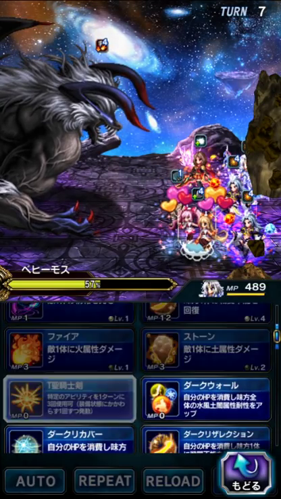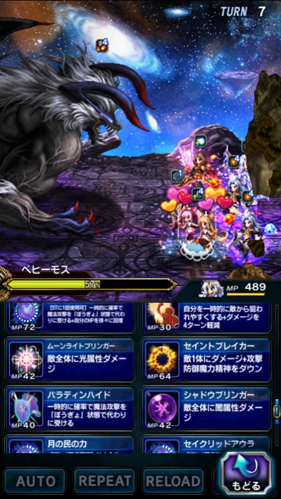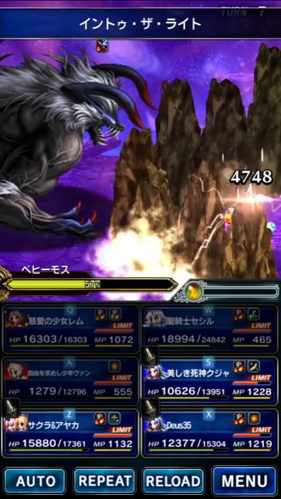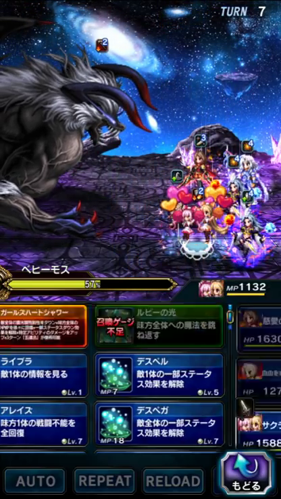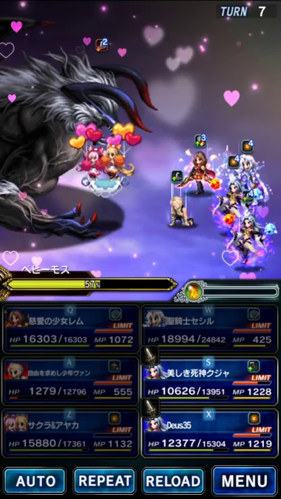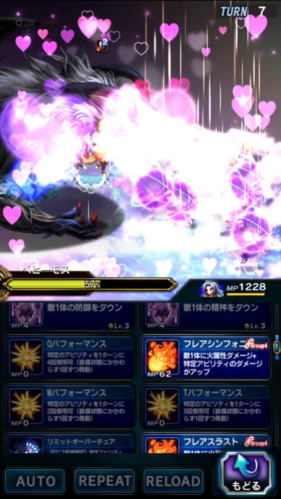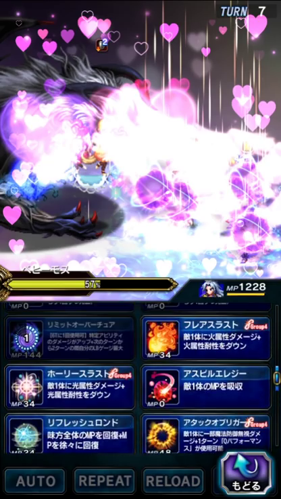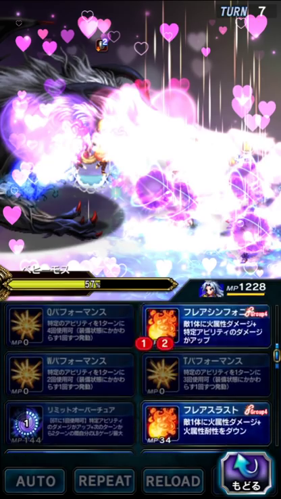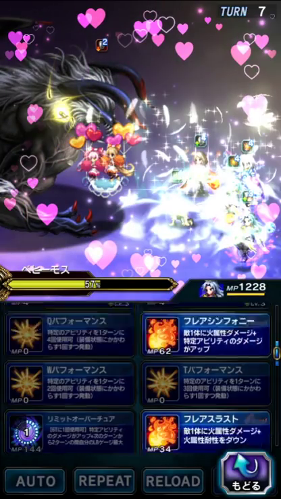Alright, Cecil is going to re-raise himself, change stance, and cover. Let's limit. It's an odd turn. Okay. Odd turns are good for damage. We're a little bit short on...